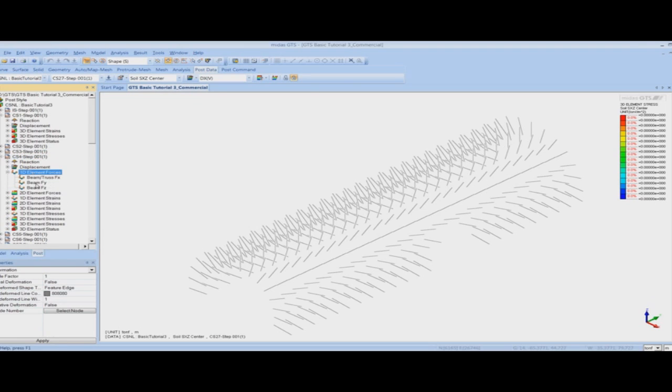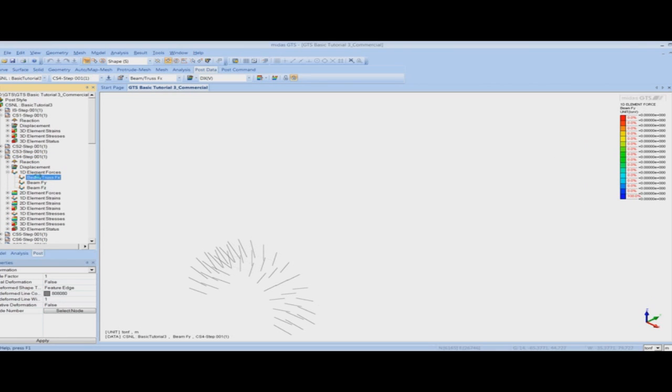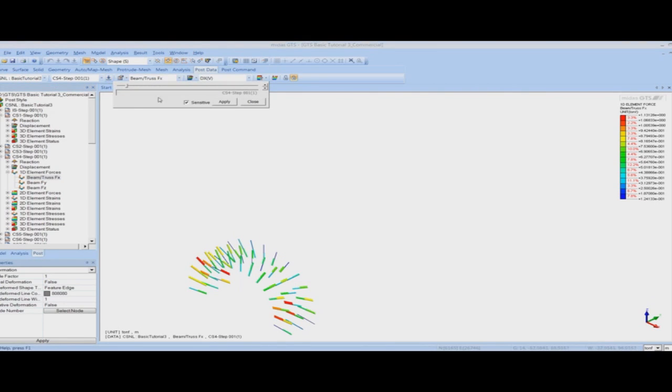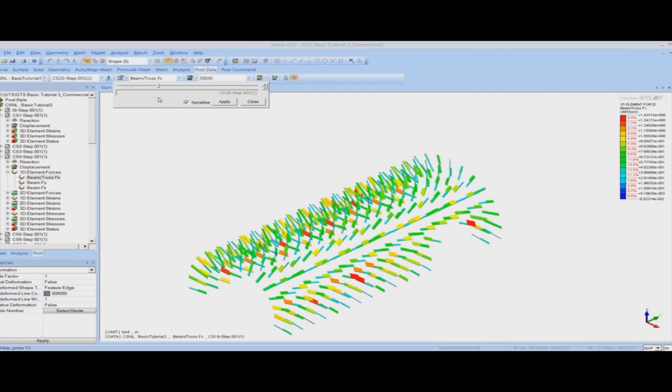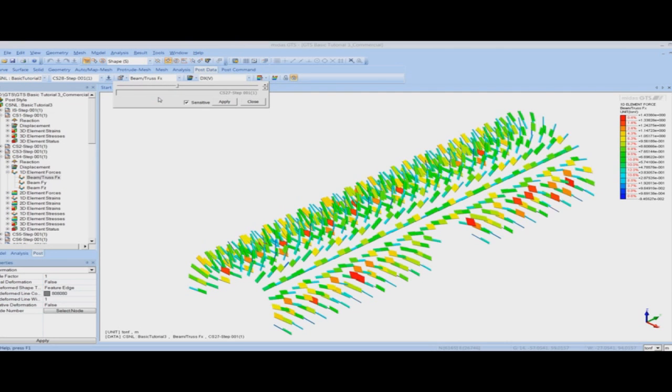So let us see the bending moment or the force in the x direction for these rock bolts. So here you can see how the force changes along with the excavation, and you can obtain the results in this manner.